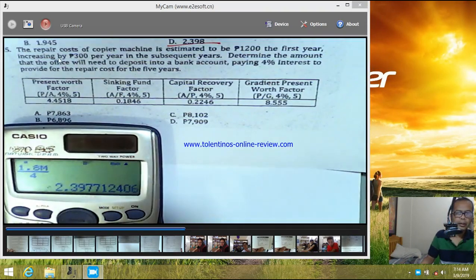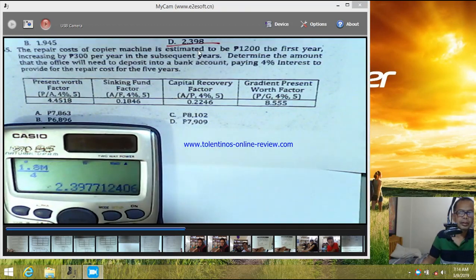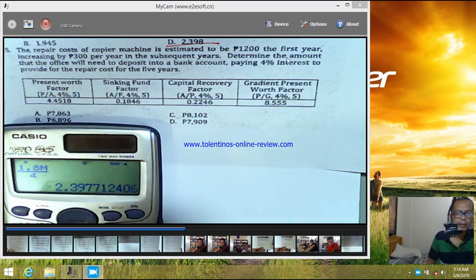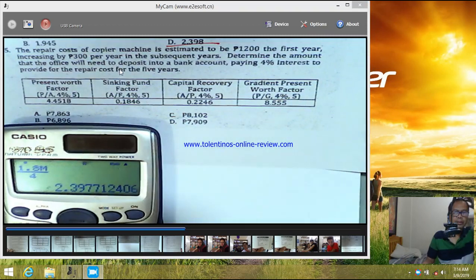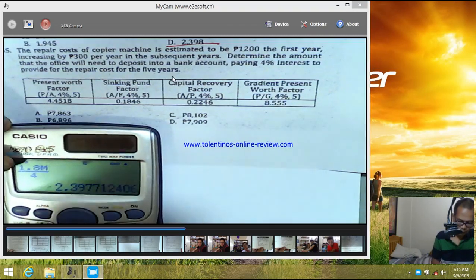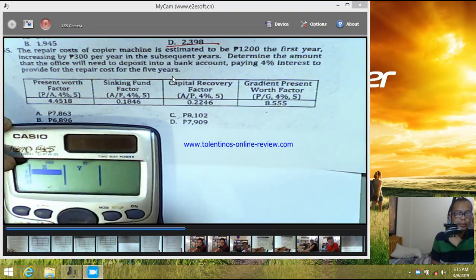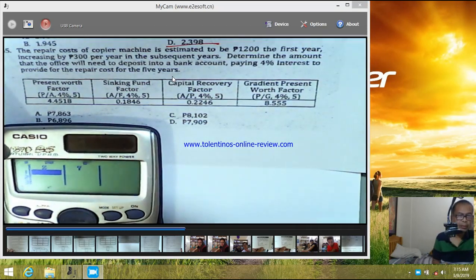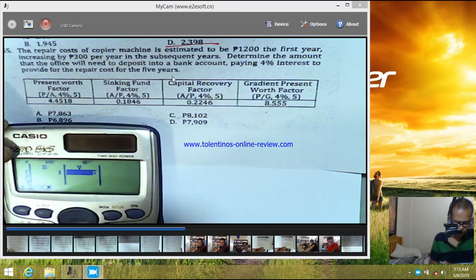The repair cost of a copier machine is estimated to be 1,200 in the first year, increasing by 300 per year in the subsequent years. Determine the amount that the office will need to deposit into a bank account, paying 4% interest, to provide for the repair cost. This is a gradient. Go to mode 3.2. The first payment is 1,200, and the second payment is